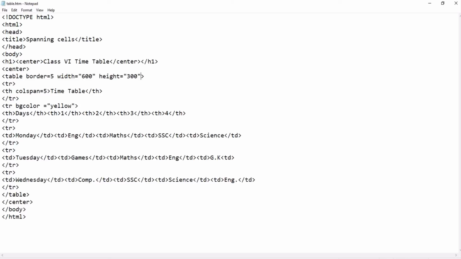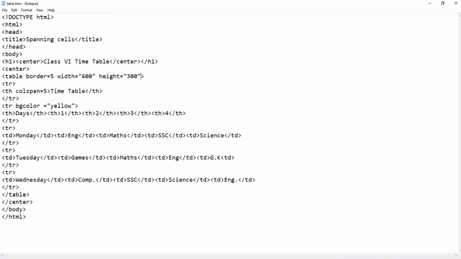Now how to adjust the cell padding and spacing. Padding is used to add space between the border and the content of the cell. We can use spacing to increase the border size or distance between the cells. Padding and spacing sizes are measured in pixels.